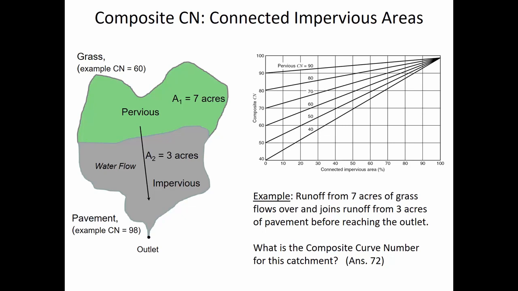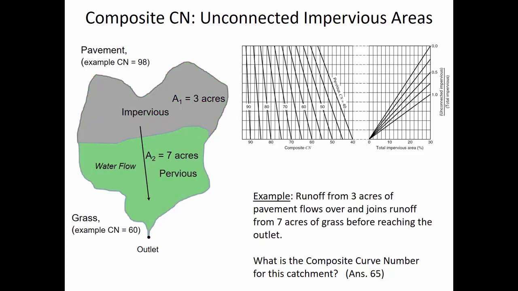There's nothing special going on in this one, but in this one it is kind of special because think about the runoff from this asphalt is not going straight to the outlet. Before it gets to the outlet, it's going to flow through this portion of the watershed that allows for infiltration. And so the rain that falls on the pervious surface, a portion of that is going to be infiltrated, but even the rain that fell on the impervious area, it has a potential for some infiltration as it flows over